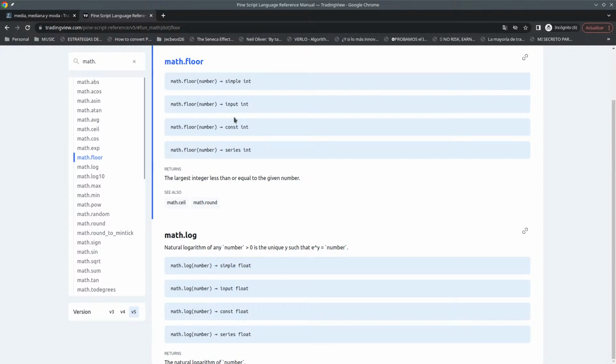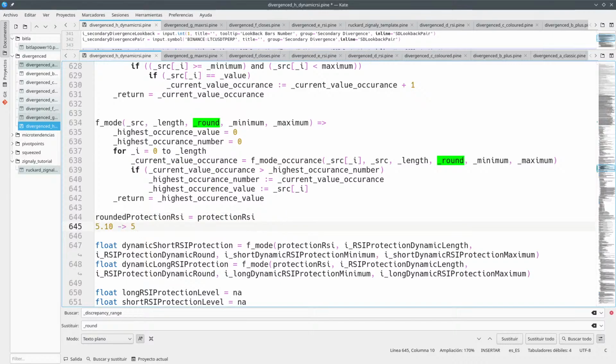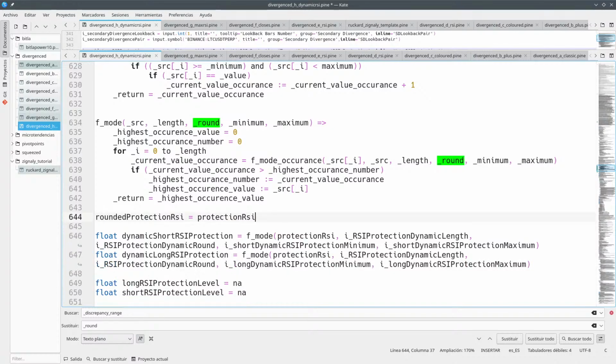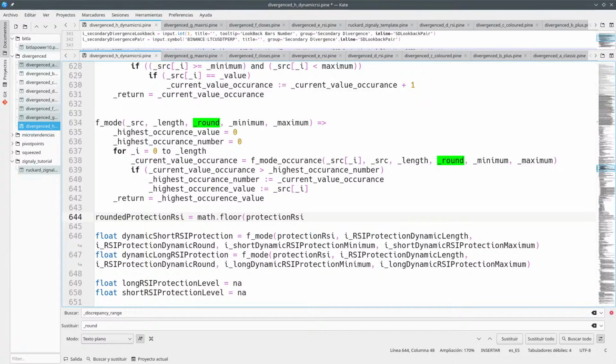So this floor means that 5.10 goes into 500. This is similar to what I want, but I'm not sure if it's the right thing to do. But yeah, what we want is protection RSI, math floor of protection RSI, you divide it by the round, which is here,